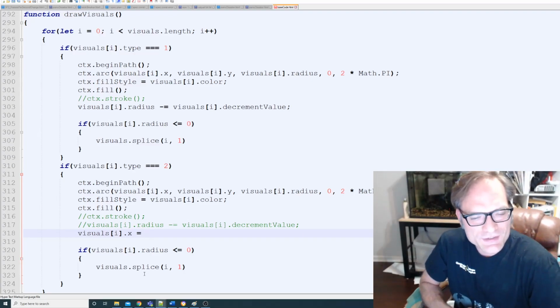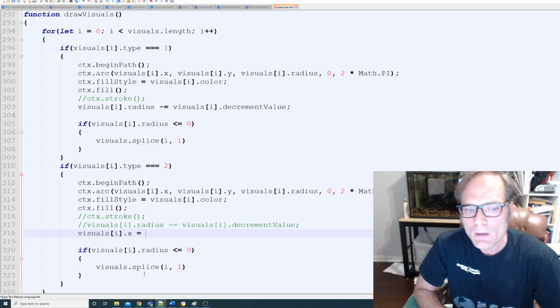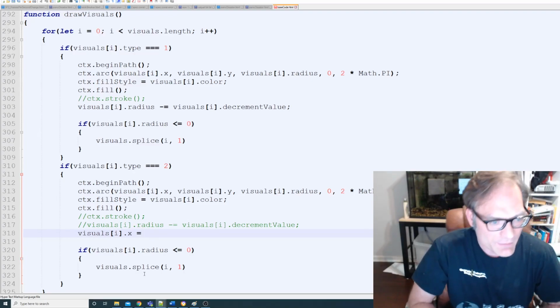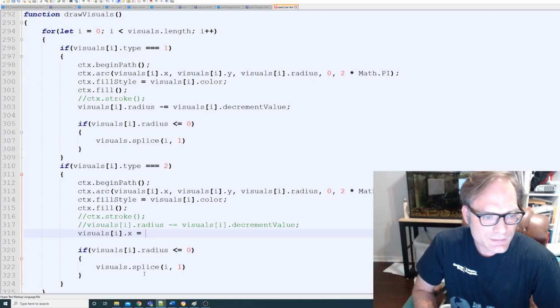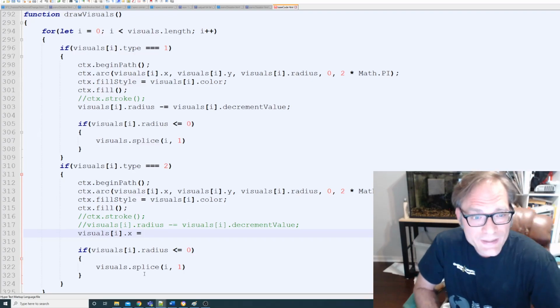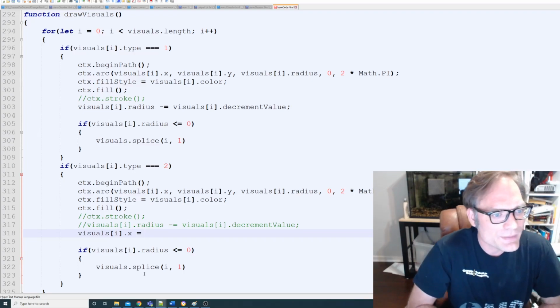Okay, we kind of want it to spiral out a little bit, and so that's an interesting mathematical concept. If you are in, I think it's pre-cal, or maybe it's just geometry,